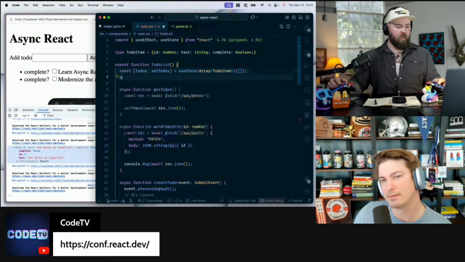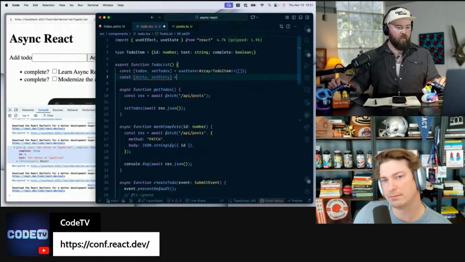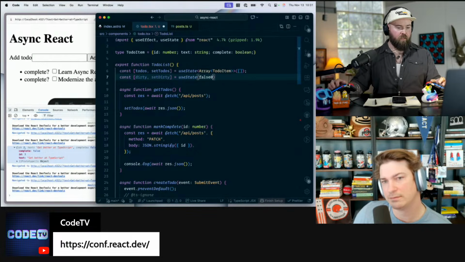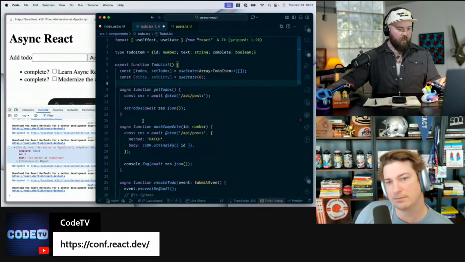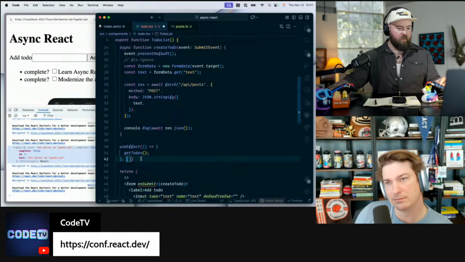Okay. Dirty, set dirty. And then let's use state, and that's going to be false. Do a counter. That way every time you click, it'll dirty. Okay. And then we're going to make the dirty check part of our useEffect.